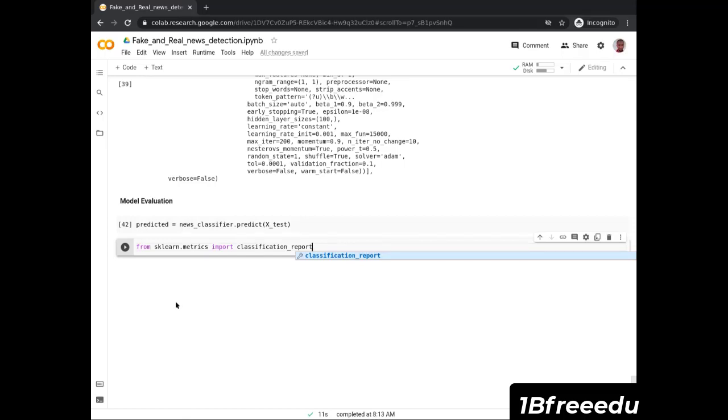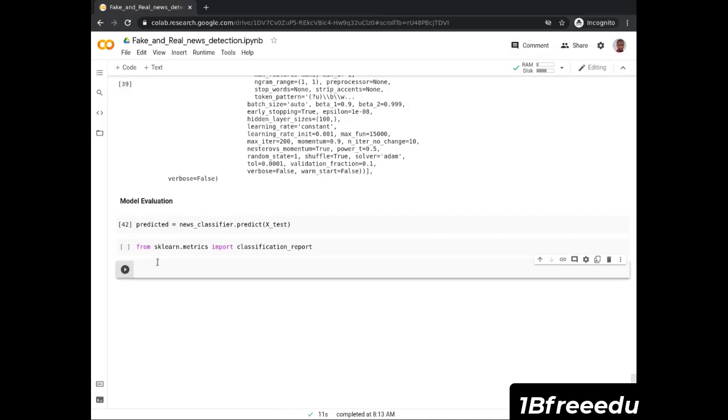And then the next thing is to print and see the performance report. So I add a new code cell and I say